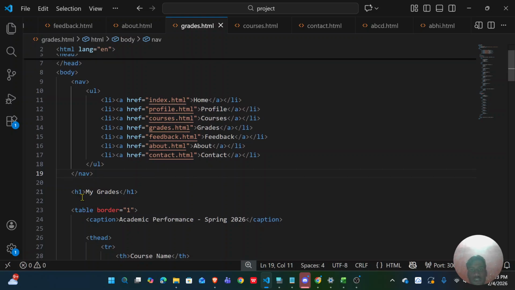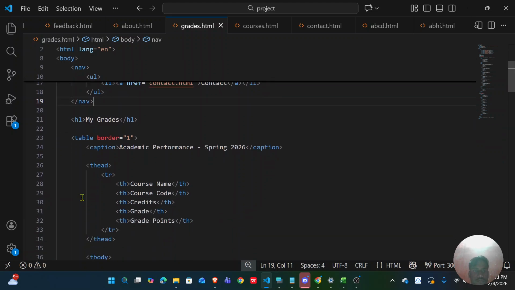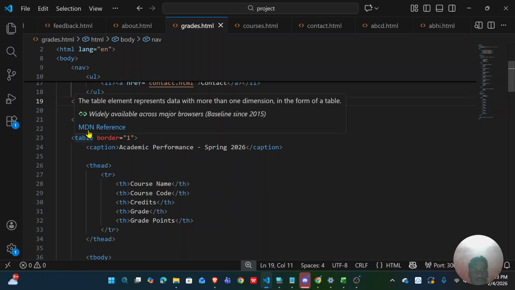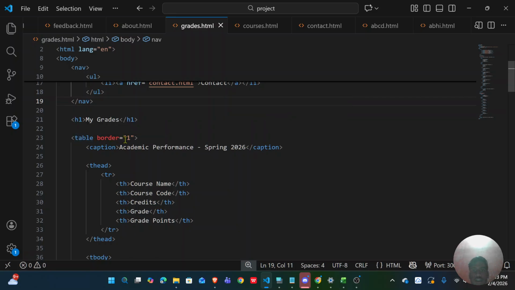The H1 heading tag is used to display the main heading, My Grid, and it represents the most important title on the page. The grid is displayed using the table tag with a border of 1 pixel, which adds a visible border to the table.